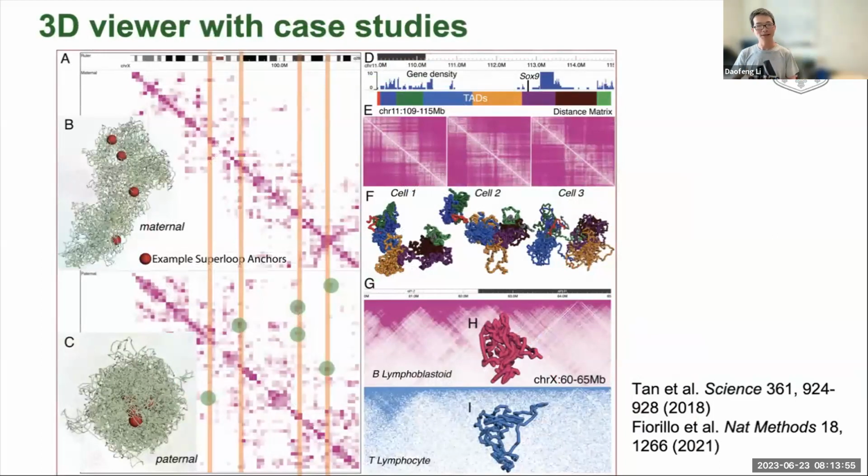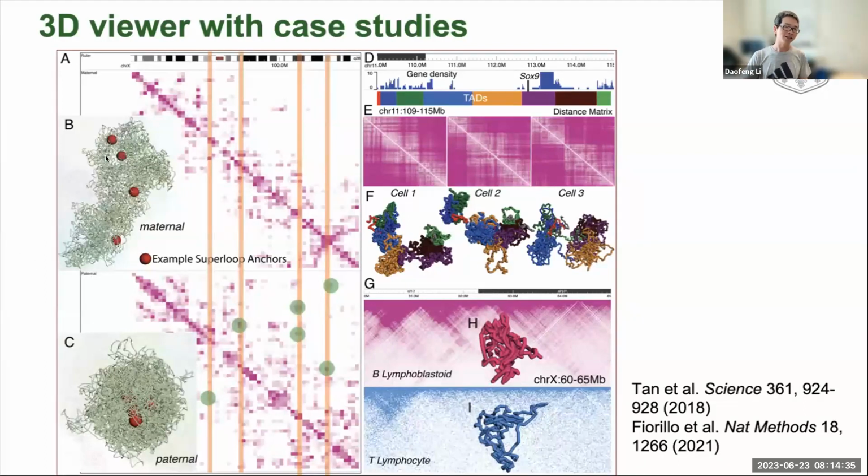In panel A, we can see haplotype-resolved Hi-C maps shown in the regular linear browser, with maternal data at the top and the paternal Hi-C map at the bottom. The orange line indicates the super loop anchors, and the green dot indicates a super loop anchor only available in the paternal sample, but not in the maternal sample. If we use these two datasets to model the 3D structure and display them together,